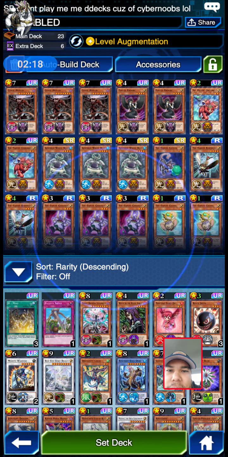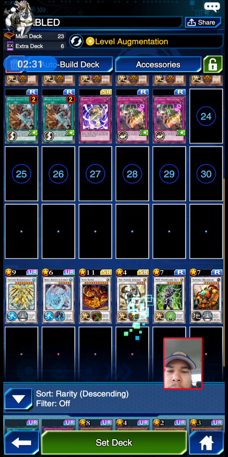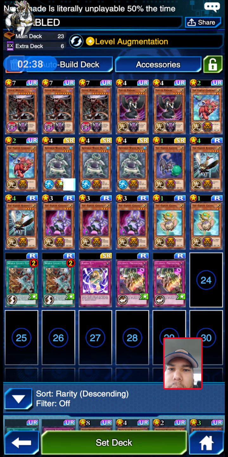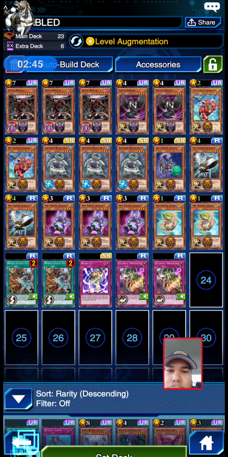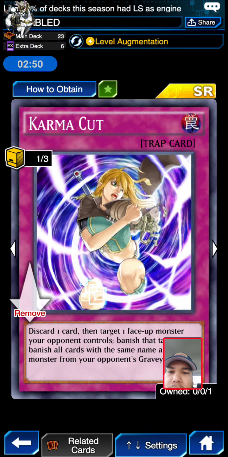The one that we're going to be showing replays on, actually, is Fabled, because I've been actually climbing with Fabled, which is hilarious. In the replays, though, you're going to see it with Sarah, but pretty much it's the same deck. I swapped over to Leo because he has level augmentation, and I need to level up Leo. So essentially, it's the same deck here. So we're running three Chaos Hunter, 2 Grimro, 2 Cerebral, 3 of the Armored White Bear, 1 of the Cat, 2 Ruby Ruda, 3 Elephant Man, 2 of our Chihuahuas, War Legacy Clash,